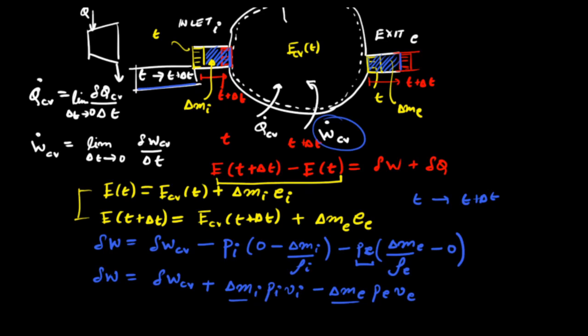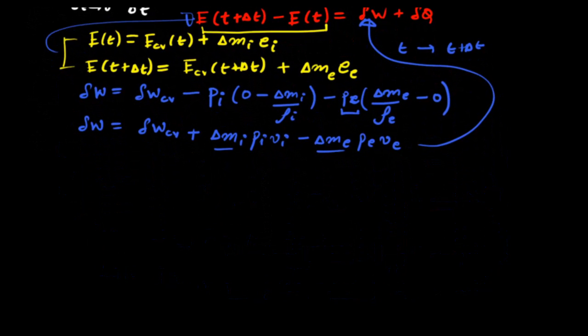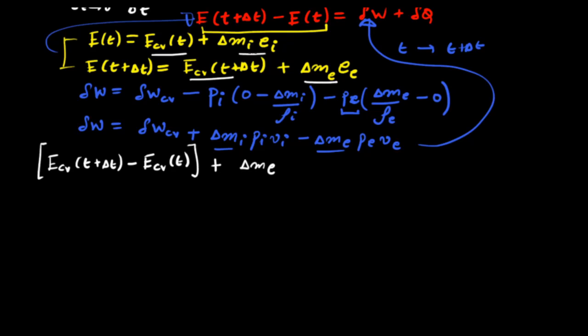Now we can substitute this equation back into the first law, and these equations for energy also in this first law. So if we do so, this is what we get. First we'll have the difference between these two terms. So we have the difference in the total energy of the substance within the control volume at time t and t plus delta t, then the difference between these two terms, so we have delta me ee minus delta mi times the specific energy at the inlet conditions. So this whole term is equal to the difference in the energy of the control mass at times t plus delta t and time t,